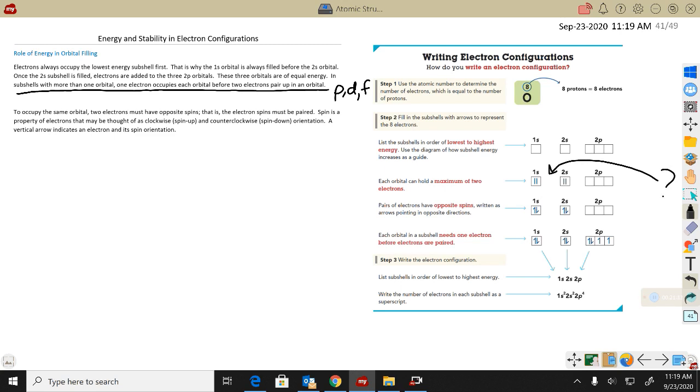I don't really ever do that step. I just start right here. I start putting my arrows in. And then I know that I fill the 1s with 2, then the 2s with 2, and then when I get to the p's, I fill them 1 electron at a time, and then if I have to, I'll go back and pair them. So like if these were my p orbitals,